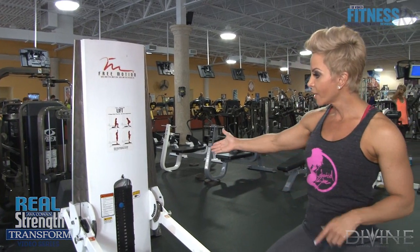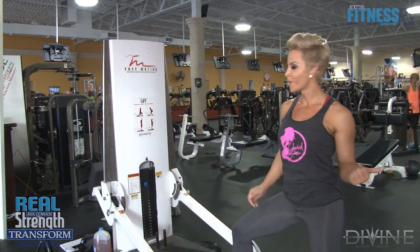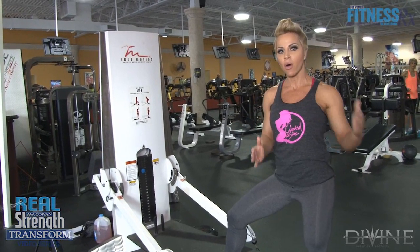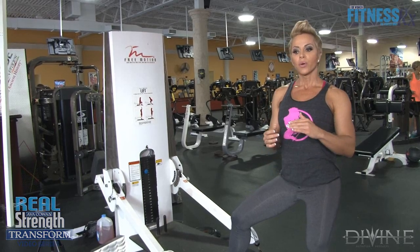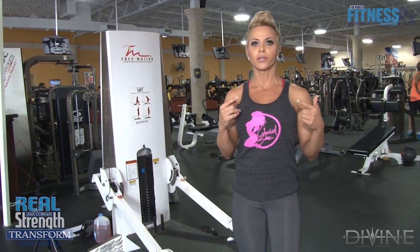What I'm gonna do is make sure I have some weight on the weight stack. If you go really light, you might fall back. So it's a nice way to counterbalance your weight, so you're able to sit all the way back, getting proper form. And the proper form is where your knees are not trailing over your toes. If you get into a situation where your knees are going over your toes, then you can risk injuring your